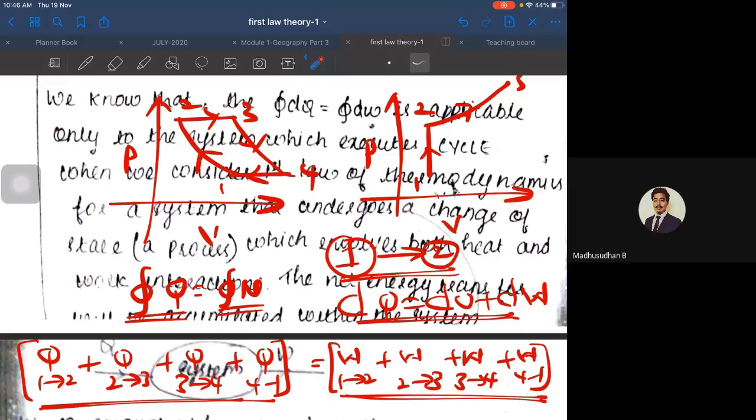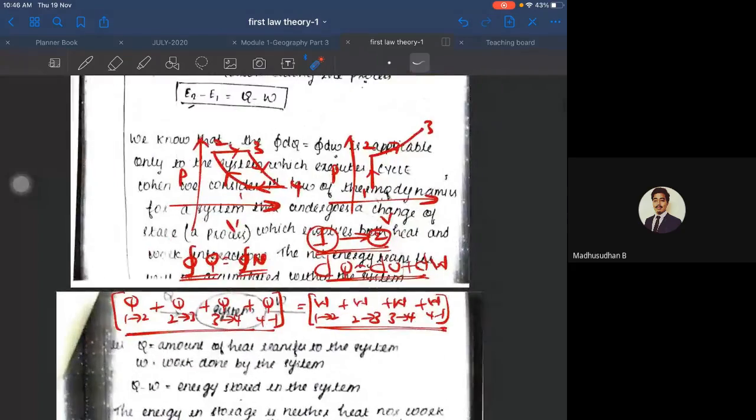Nowhere, I guess. So, the first law of thermodynamics gave birth to the value of U. That means the internal energy concept is being developed by using the first law of thermodynamics. By analyzing the first law of thermodynamics, we have brought up a new parameter which is known as U, the internal energy of a system.